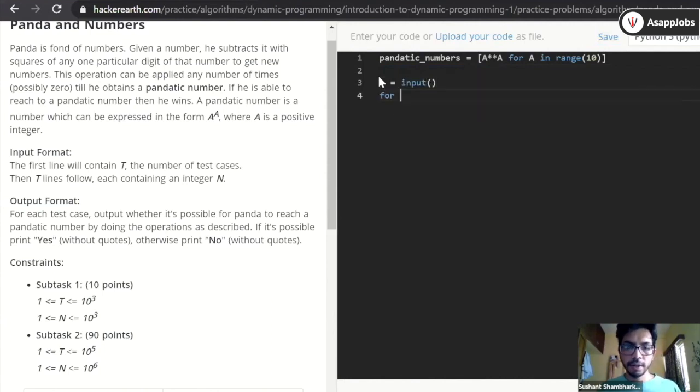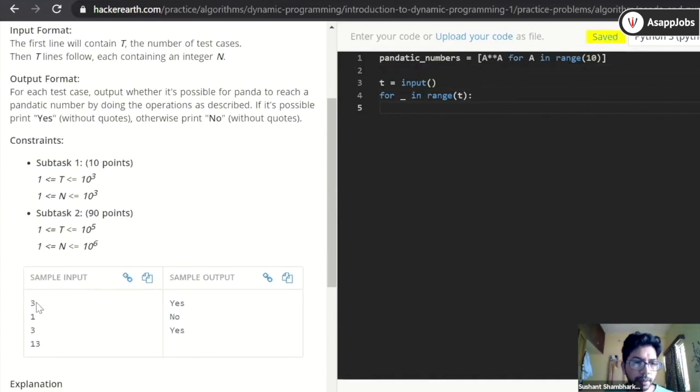Then I will run a loop in range T. The first input I'm getting is the number 3, and then I'll get 3 numbers. I need to take input for all those numbers. So n is our number. Let's just cast it into int. So we got the input.